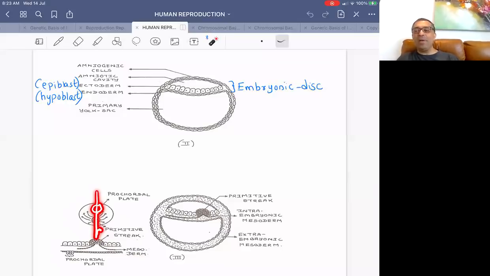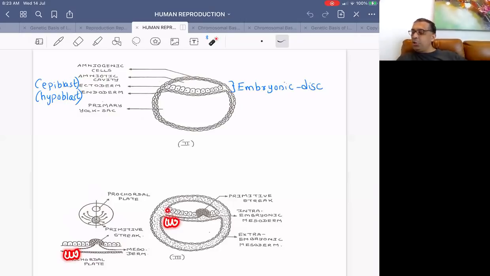And this central axis will form, so these will become the baby's hands, these will become the baby's legs, and the entire baby configuration is done by the formation of the procordal plate. So this procordal plate forms at the head end. Opposite end,